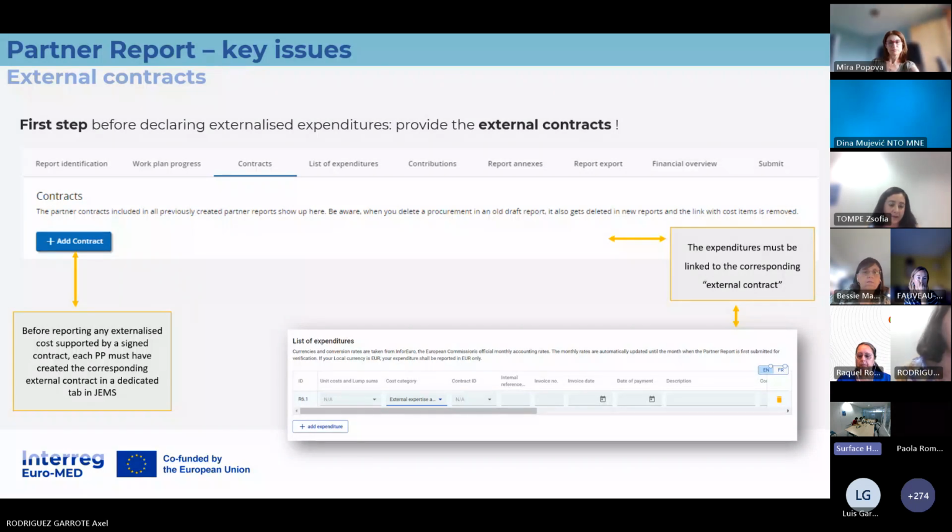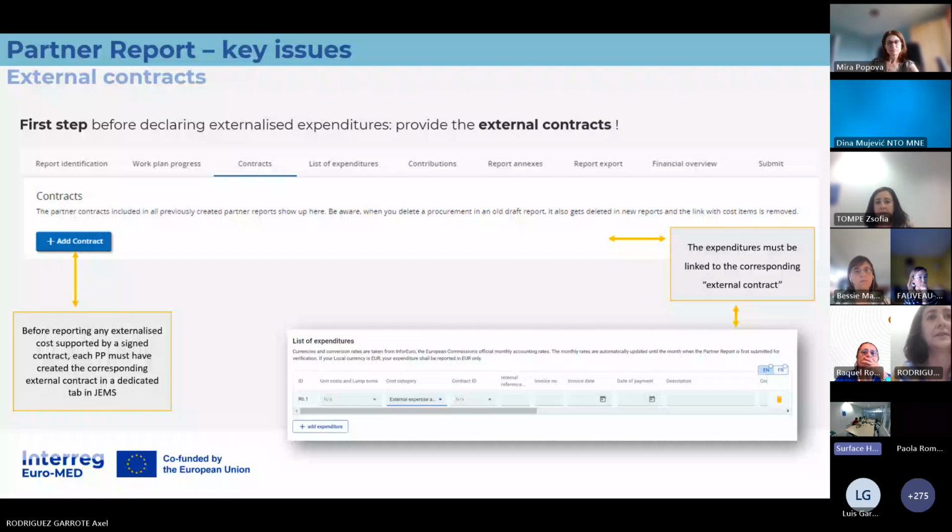You should do this before you make your expenditure in the list of expenditures, because afterwards you have to link the expenditure to the contract you upload in this section.